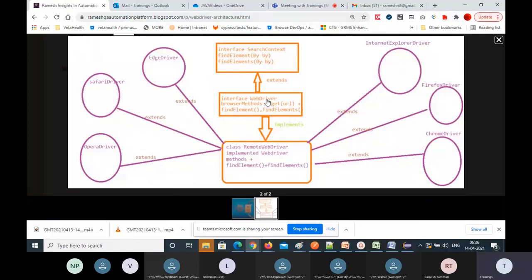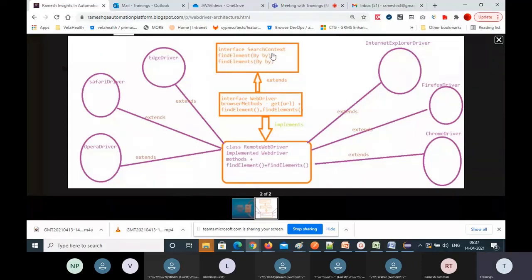The interface name is WebDriver. The super interface of WebDriver is SearchContext. What is the super interface of WebDriver? SearchContext. In SearchContext, two methods are declared: findElement, where By is the data type and the parameter, and findElements.